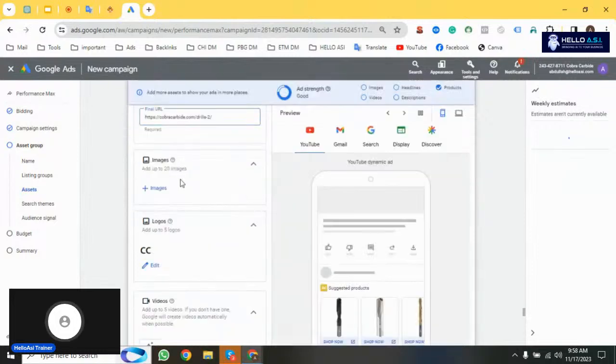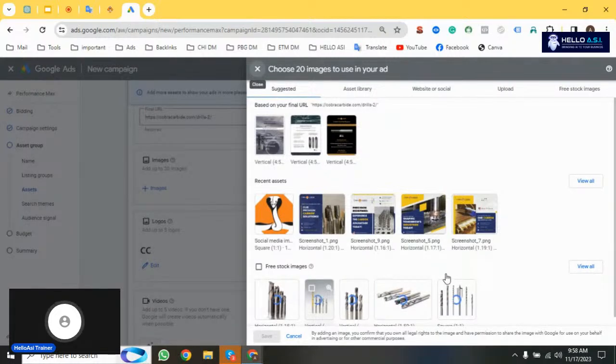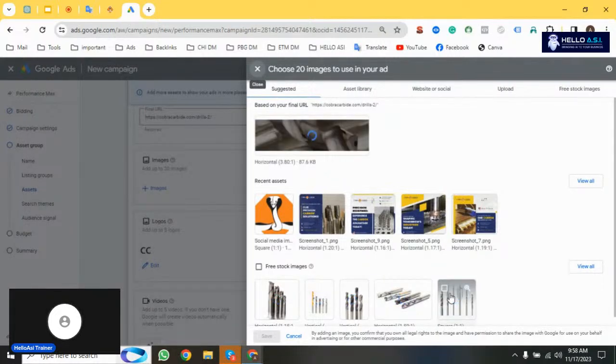So there is also an image section. You need to use at least 2 to 3 images. Here are some already suggested images. You can also use them, or you can use your customized image, which means you will prepare it. So first of all, I use